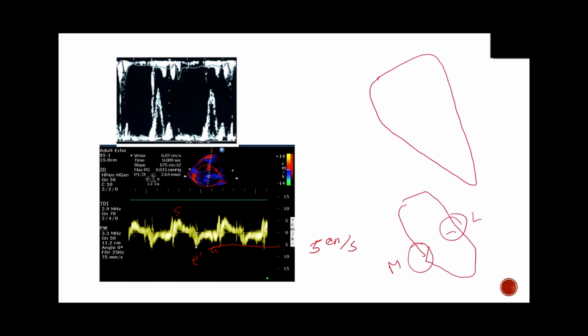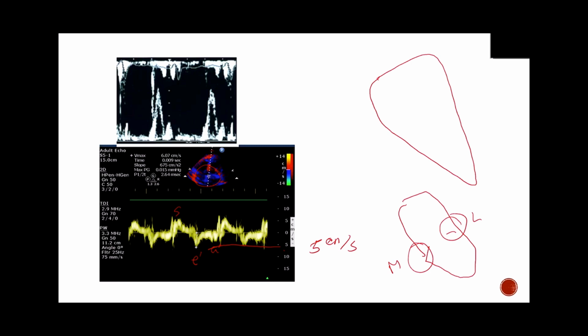You think the lateral wall will have a higher velocity, and why is that? On the medial wall, you have friction with the other side. So yes, there are restrictions, and it's because of something called the interventricular fibrosa. There's tissue within the septum that is going to tether the mitral valve annulus more than